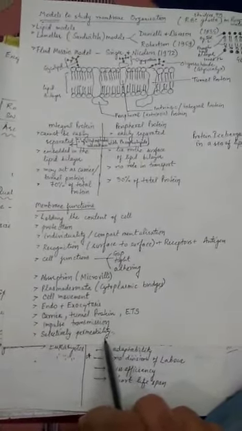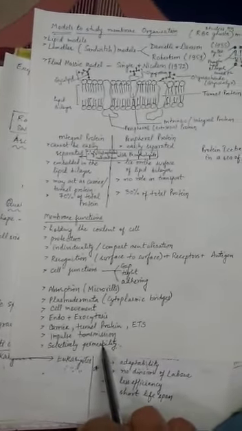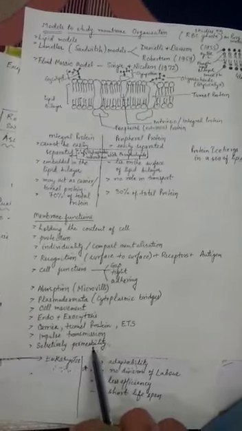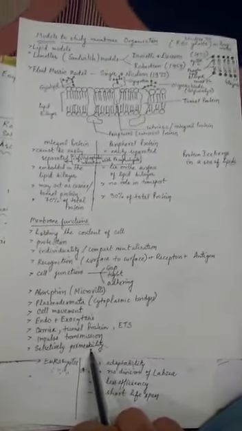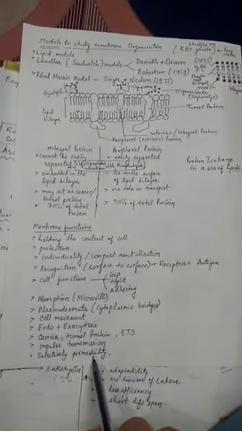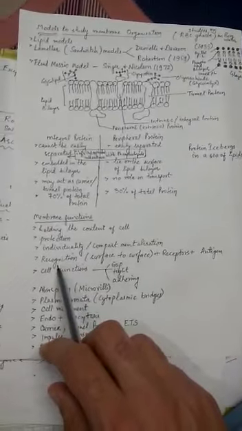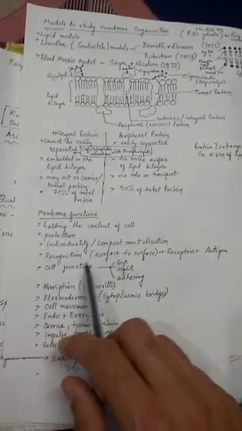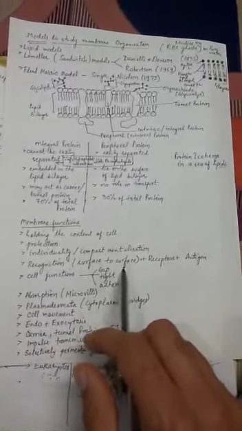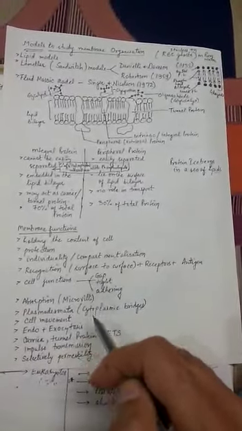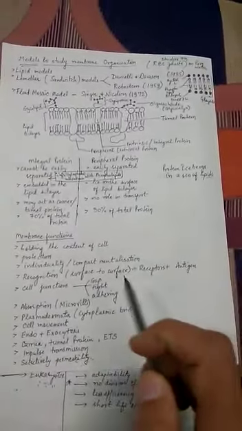Permeability means allowing things to go across. Plasma membrane is selectively permeable because it allows certain things to go across but would not allow other things to go across. That means it is selective in permeability. The other function of the membrane is recognition. Recognition means surface to surface interaction between various things. For example, a cell interacting with the environment and understanding the changes in the environment, or a cell coming in